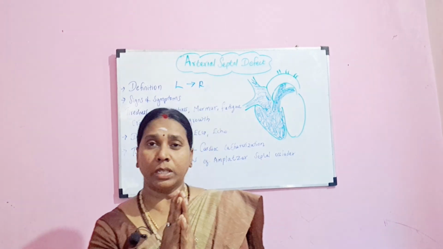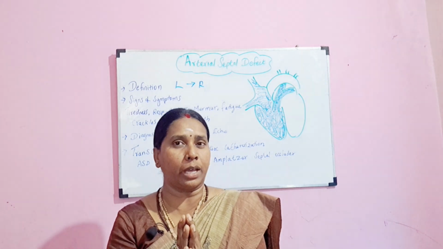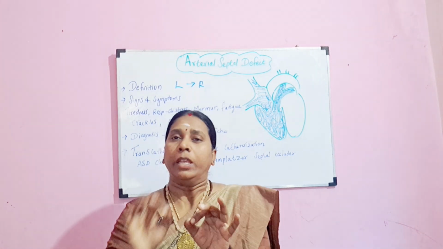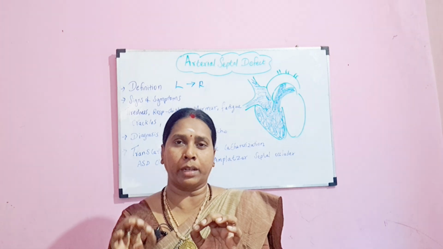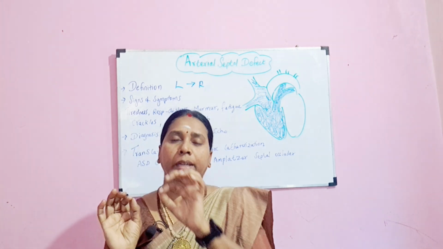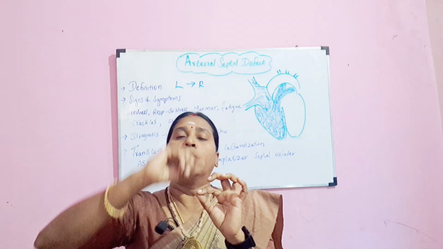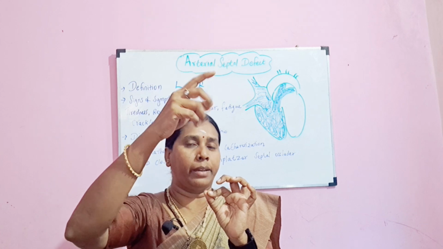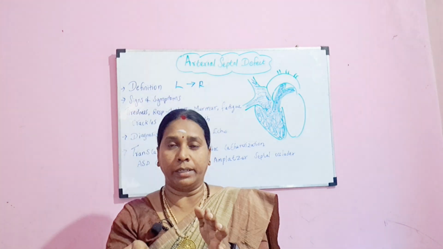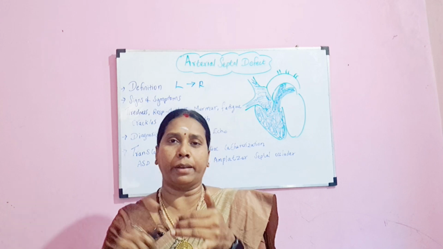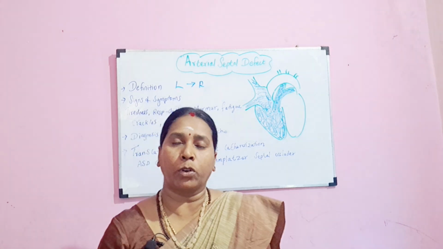So the procedure is similar to your cardiac catheterization. So how is your cardiac catheterization done? You take your femoral vein, you make a small incision in the femoral vein, and the same way you do your cardiac catheterization, you insert that thin flexible tube into the vein. From the femoral vein it goes to the right atrium. From the right atrium you enter the shunt area, where the opening between your right atrium and your left atrium is, and there you place this occluder. Any type of occluder you can place.